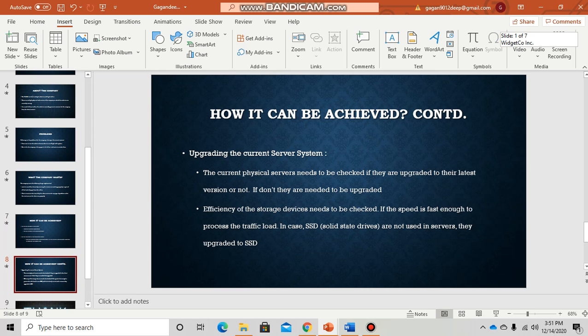The second method is upgrading the current server system. When the company is using a server system that is not upgraded, then the company needs to upgrade that system. The company has to use the upgraded or latest version, so that they can get the profit which they need. The second thing is that the efficiency of the storage device should be checked. That means, from time to time, the speed, efficiency and accuracy of the storage devices should be checked,